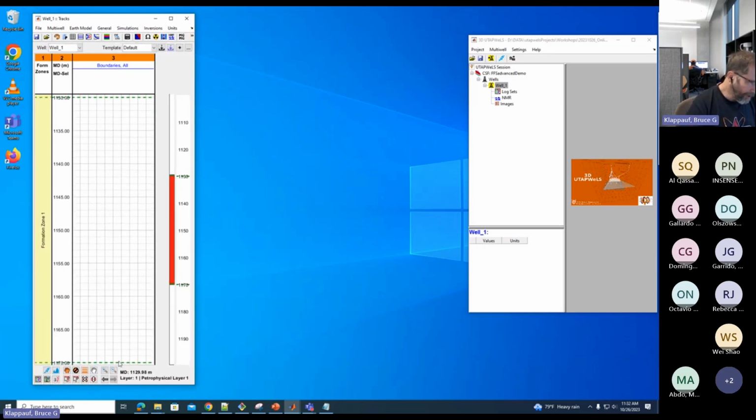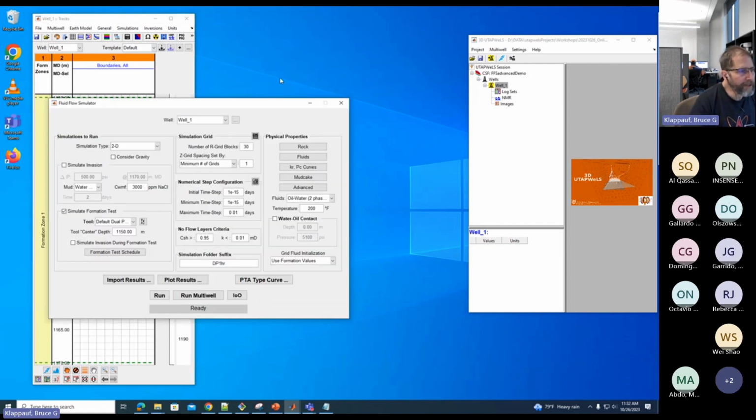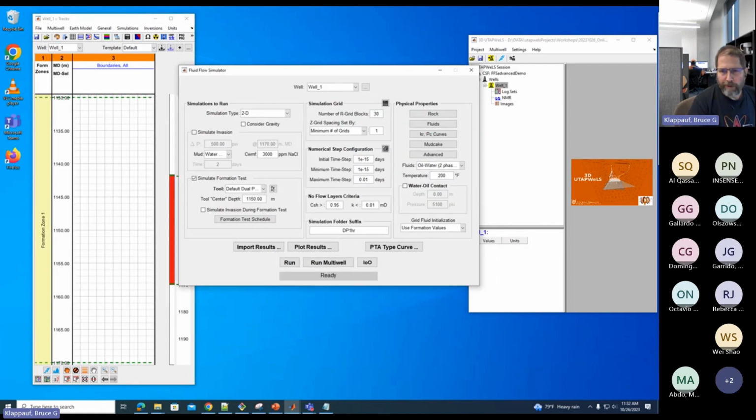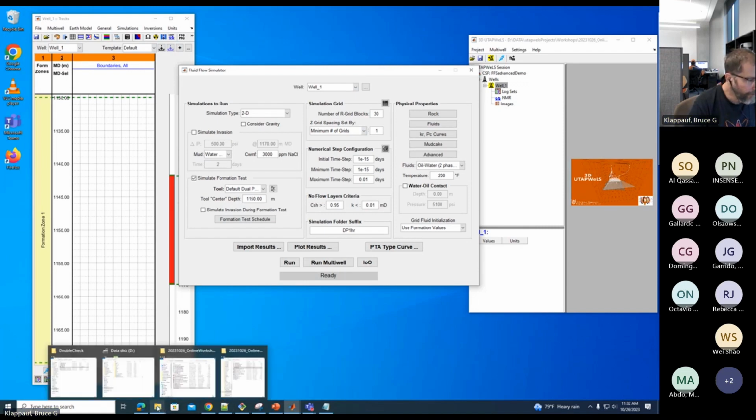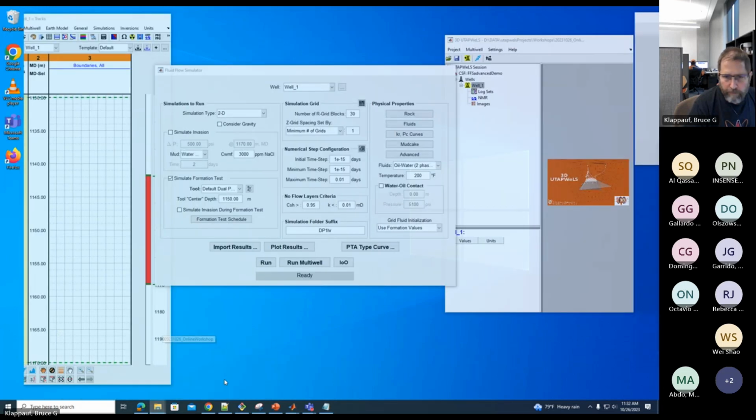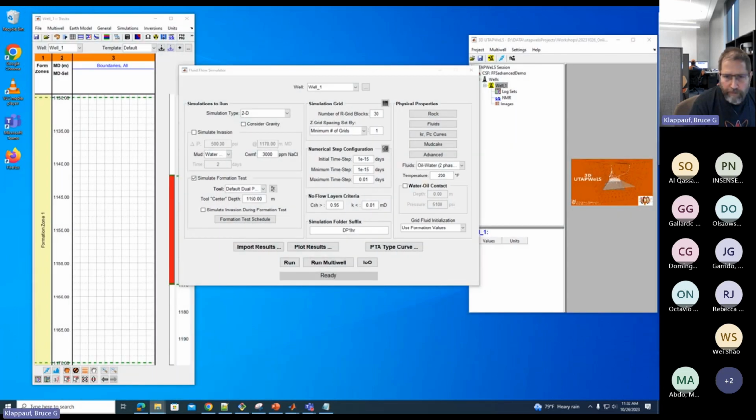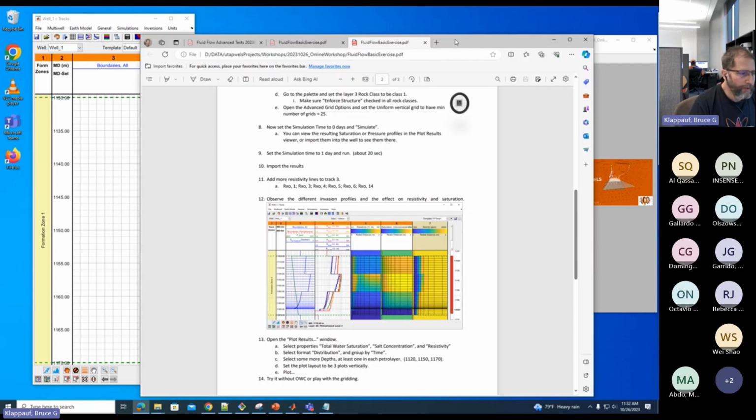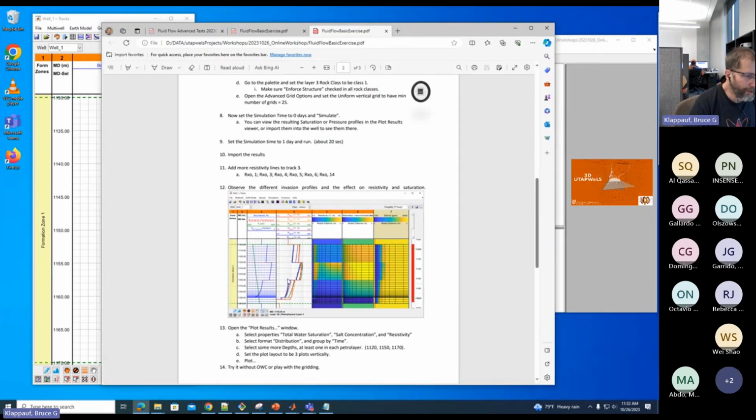There's not much in this project. Basically, I just have a well with a small 40-foot section isolated off. Mostly what I want to do here is show you an exercise that shows you how to do the basic fluid flow that we see in, let's see, basic exercise. So this one here shows you how to do